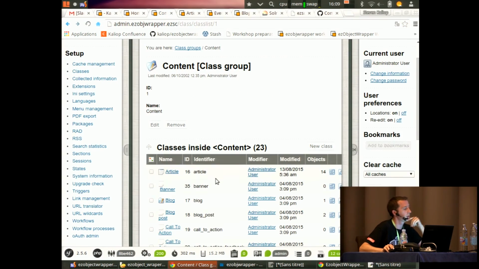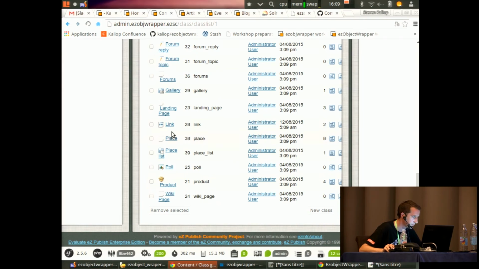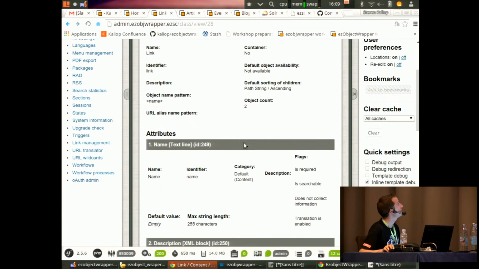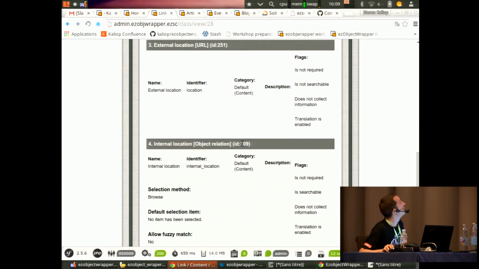In our classes, we have a link class. I just modified it a bit. Basically you can use the link class to make a link either to an external website or to an internal location. So you need two fields. You need a URL field for the external website and internal location, which is an object relation field, if you want to make a link to